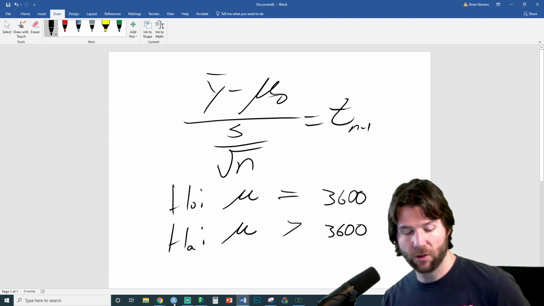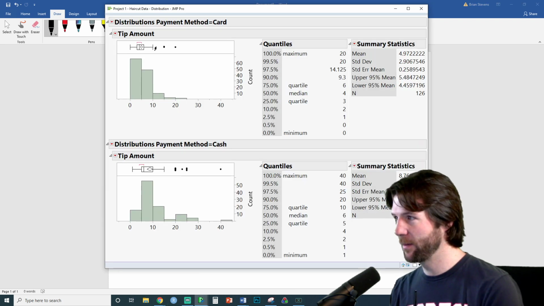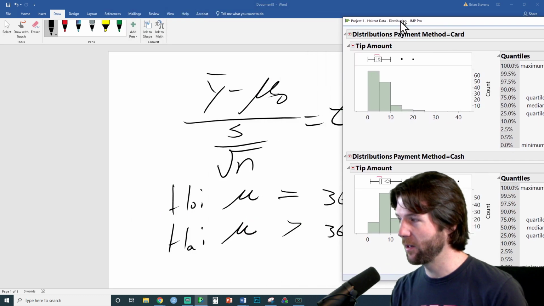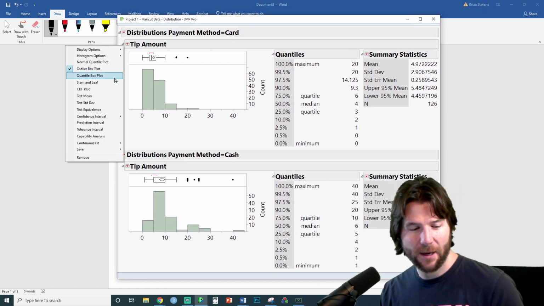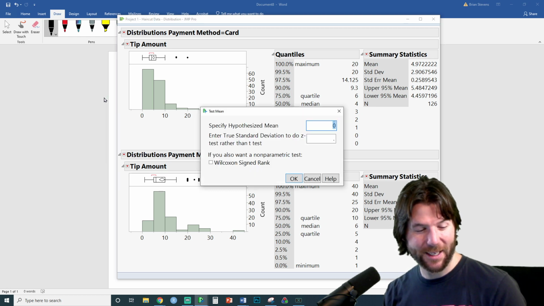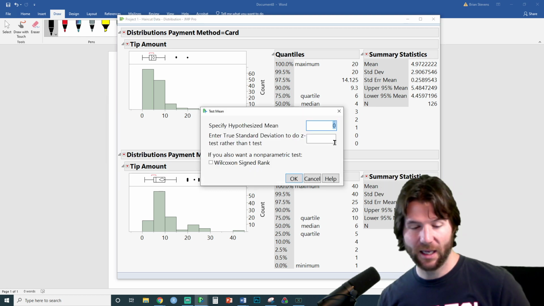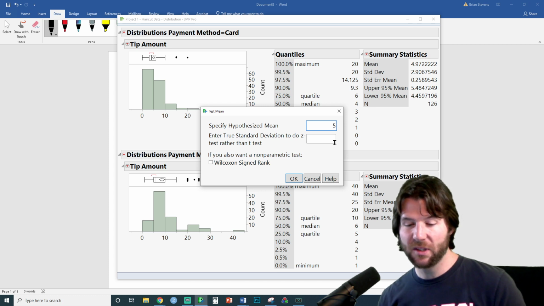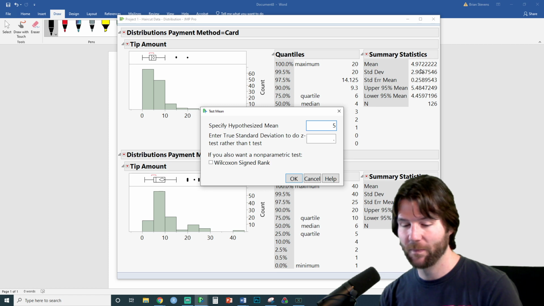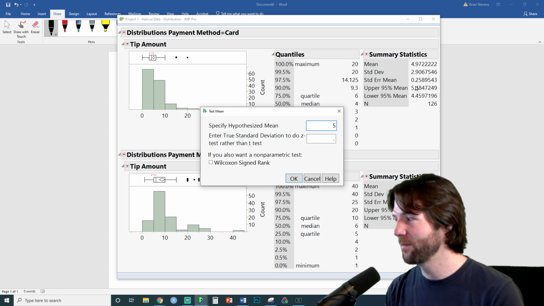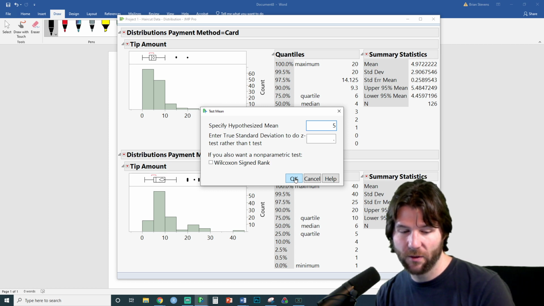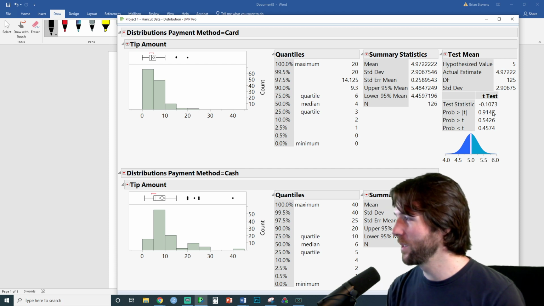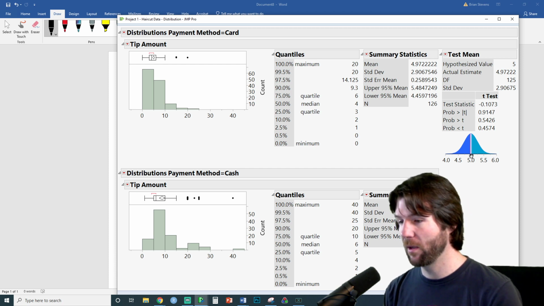If I go back to my data in JMP, this is not the actual project data, but this t-test, which you see on the top of the screen, can be done by going to test mean and putting in a value that you want to test, such as 5. Does everyone see how 5 is very close to the sample mean? Since 5 is very close to the sample mean, I've got a standard error that is not too large. The t-statistic is going to be negative 0.11 if I round it. And that makes my p-value very large.